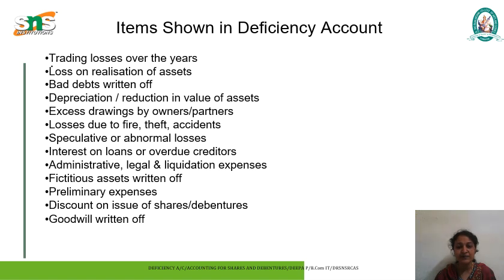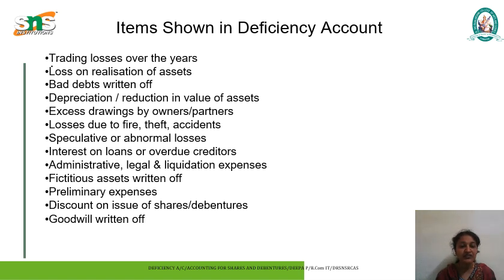Then what are the items shown in the deficiency account? If there are any trading losses over that particular year, then if assets are sold and losses happened, then bad debts written off, and depreciation, reduction in the value of the assets, and excessive drawings by owners or partners, and loss arising due to fire, theft, accidents, then abnormal or speculative losses, then if there is any interest on loans or overdue creditors,